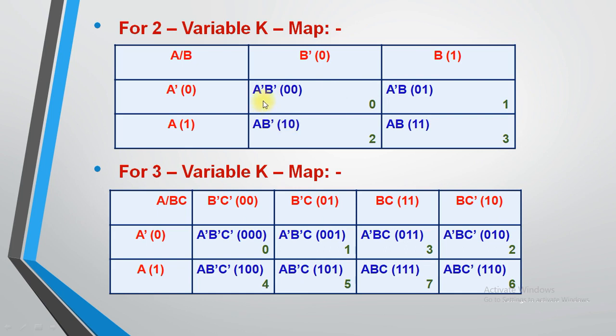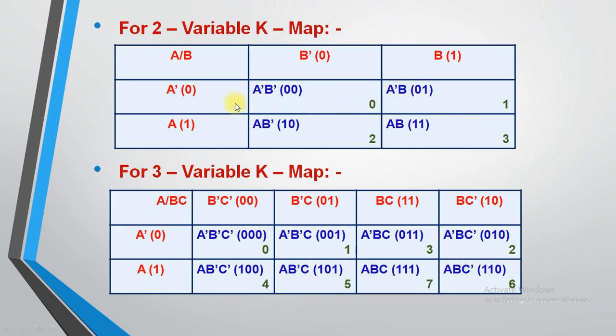So what you need to do: the first value refers to the first variable, the second value refers to the second variable. If the combination is 0 0, you make a dash for both variables. If the first value is 0, you make a dash for the first variable and pass the second variable's value as it is. In this way you create these 4 cells.